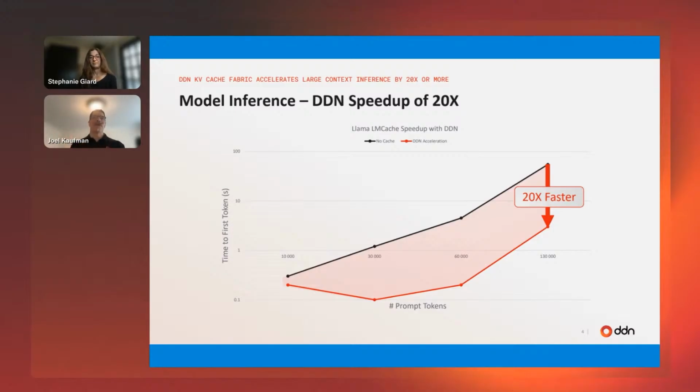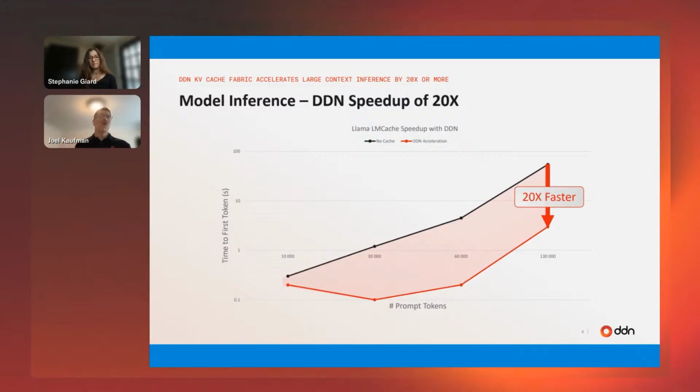in terms of their time to get to the first token. Maybe I should back up a tiny bit. Time to first token is generally a well-recognized metric for measuring the efficiency and performance of getting a response out of the system. It's how quickly it can compute that part of the decode and get it out to whatever the response mechanism is that goes out to you as an end user or out to an agent.